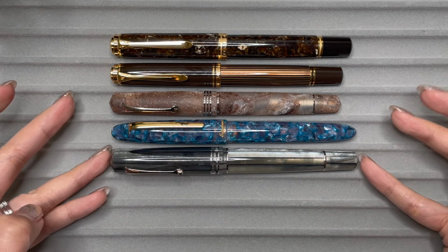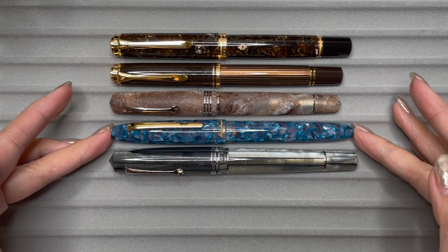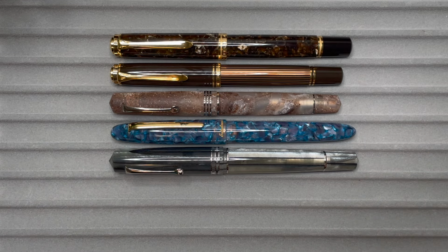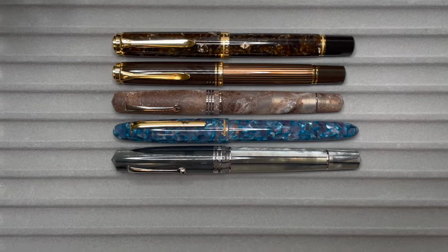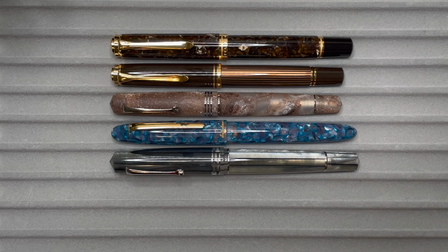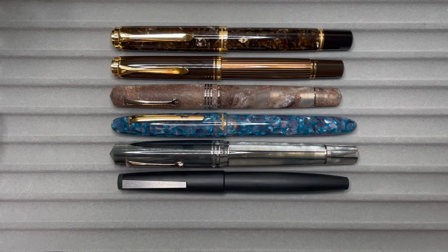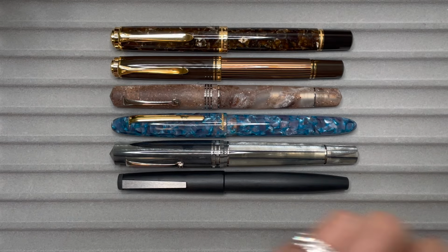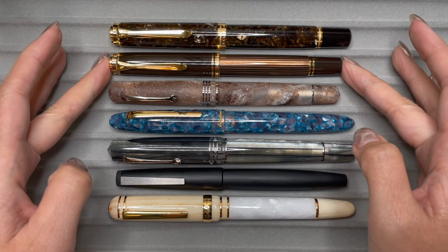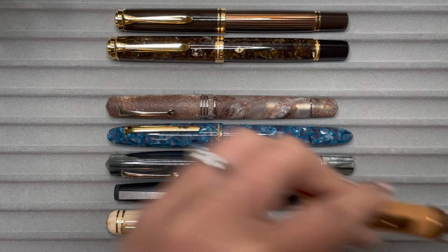Yeah, the Momento Zero Grande is still the biggest one. And the Esty looks like it's just that little bit longer as well. And then comparing it to, I'm pulling out pens here on the side, sorry for shaking the camera, a Lamy 2000. I'm also going to compare it to one of my larger pens, a Laban 325. And let's move this down a little bit, compare it to a TWSBI Eco